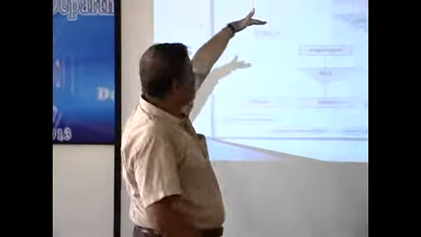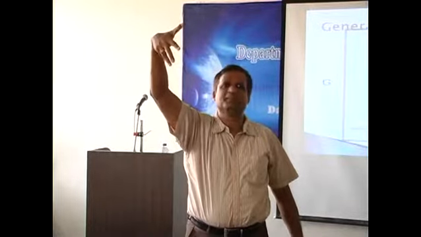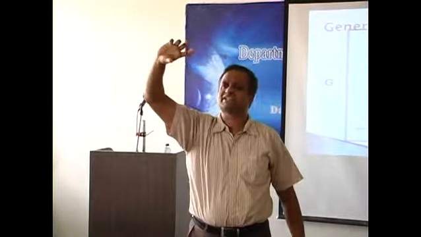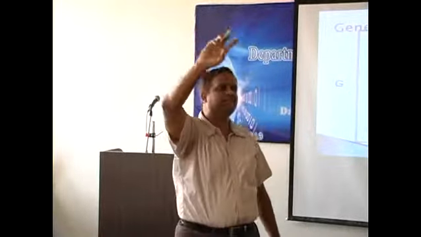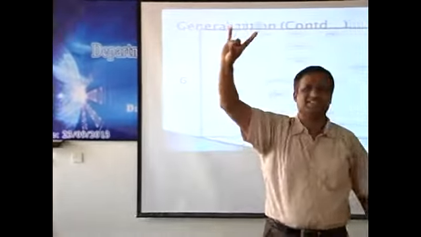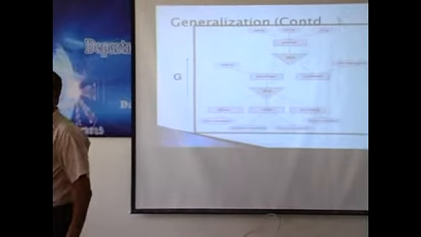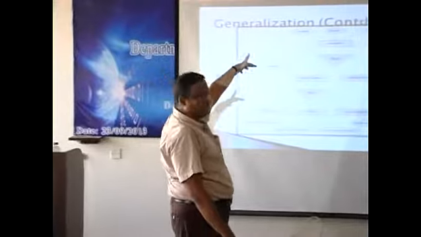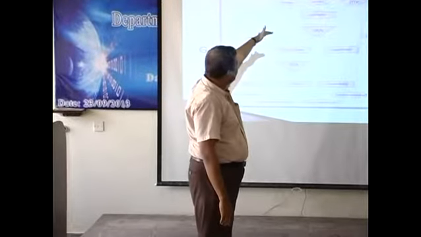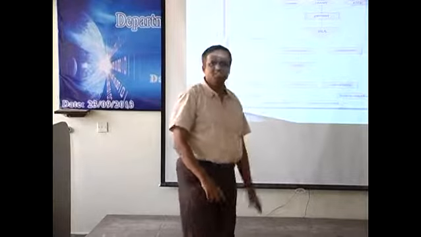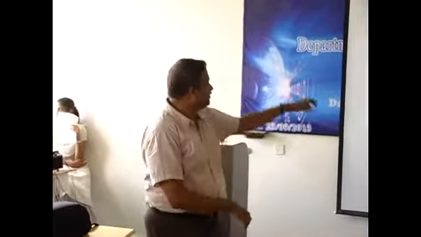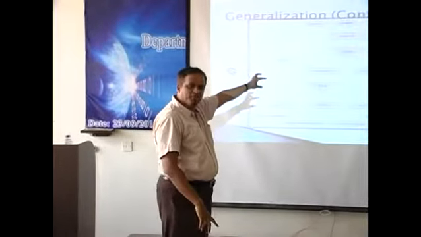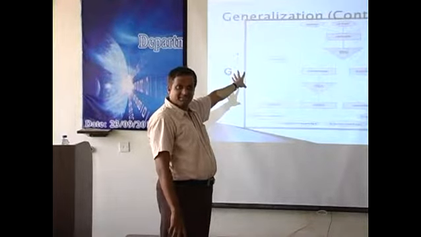At the topmost level we have a person. A person has some properties. What are the types of properties? For every object we have three types of properties: either a public property, a private property, or a protected property. If you take a person, he has some public properties that will automatically get inherited by the employee because every employee is also a person.